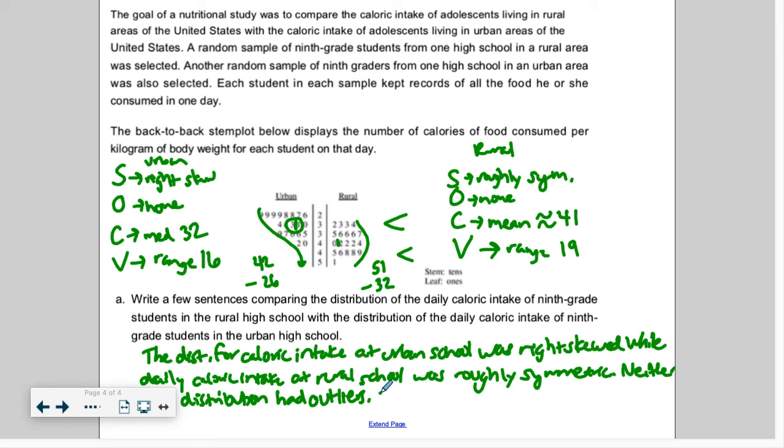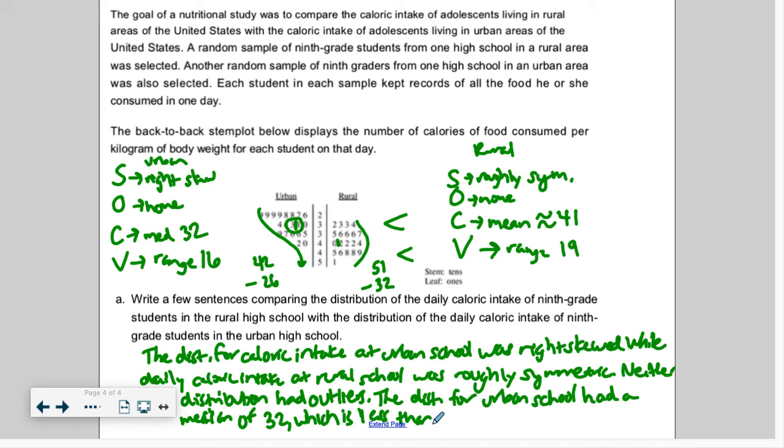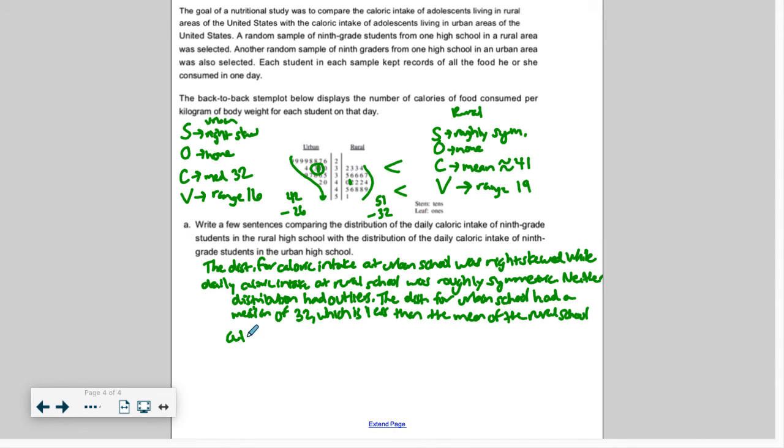So the distribution for urban school had a median of 32, which is less than the mean of the rural school at 41. And again, you can phrase that however you want as long as you're making the comparison and you have